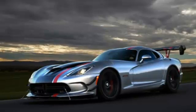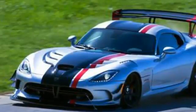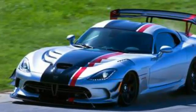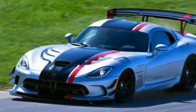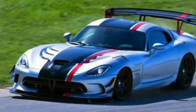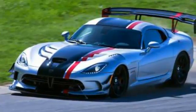On the track, the coil-over suspension features radically stiffer springs with height-adjustable perches, as well as adjustable shocks that can be tuned for rebound and jounce. What we noticed at VIR is that the ACR is more stable, less prone to spastic leaps off the curbs, and easier to drive fast than the TA we lapped last year. For one, the ACR doesn't react to every steering wheel movement with the jerk of a leg that's been hit in the knee with a rubber mallet. It's much slower to nose into a corner,